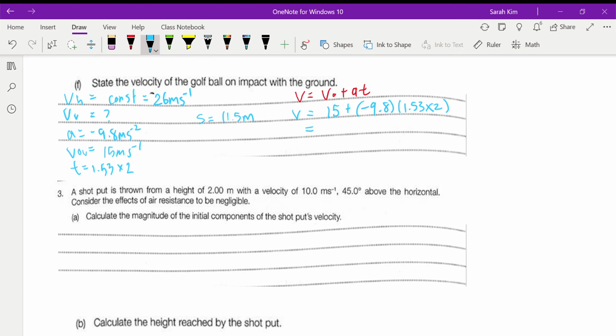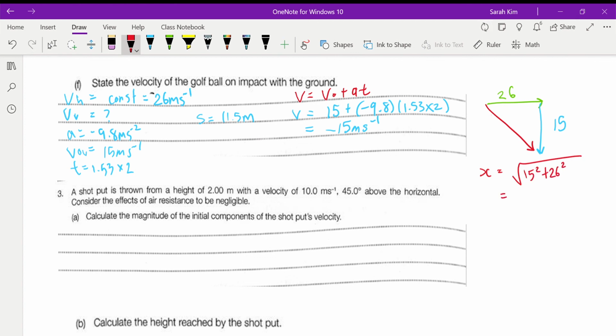Alright, so I better do all of that on the calculator. I get negative 15 meters per second. Alright, so what you have to do is do the vector diagram to figure it out. My horizontal is 26. My downwards is 15. So let's figure this out. Well, my x, square root of 15 squared plus 26 squared,